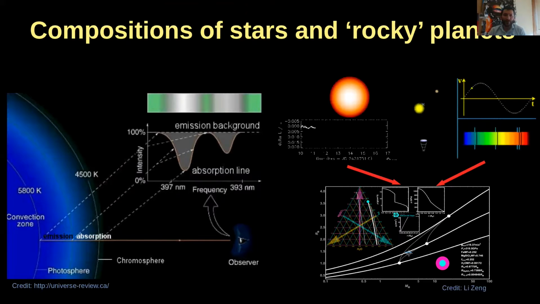And in general, how do we derive the compositions of stars and planets, let's say rocky planets? Usually, as I said, we have the interiors of the stars and we have the photosphere, where the radiation coming from the interior of the stars produces the continuum light that we see from the stars. And in this photosphere, we have atoms of different elements, and they absorb the light coming from the interiors of the stars. And when they absorb